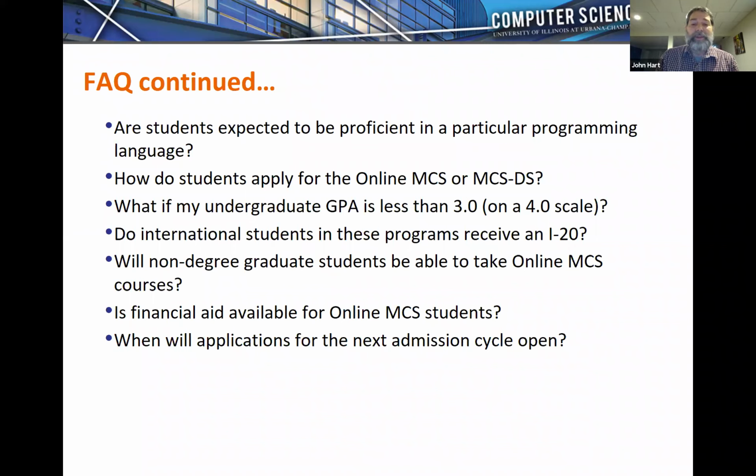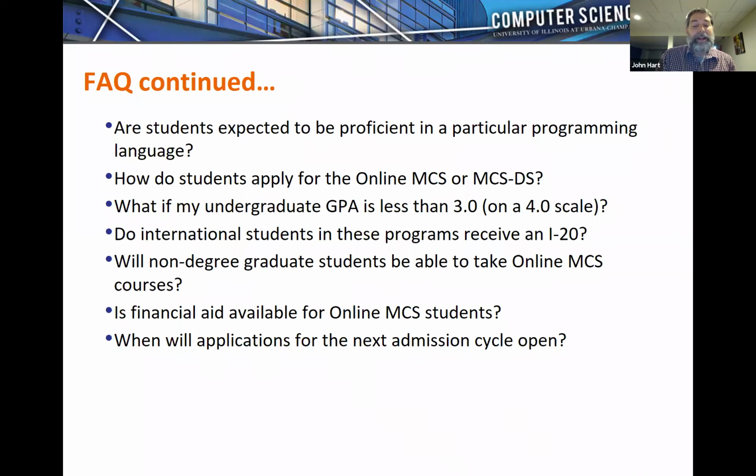And so at the graduate level, getting a C is like getting an F. We really need to see A-level work. Getting a B is like getting a C at the undergraduate level. Getting a B is the bare minimum that's going to get you through a graduate course, and you really need to keep a GPA greater than 3.0 to succeed in graduate coursework.